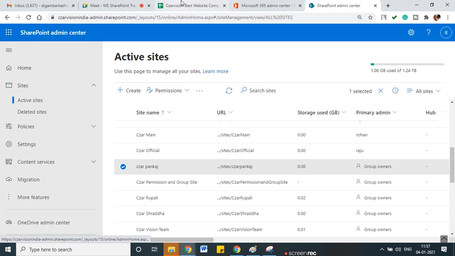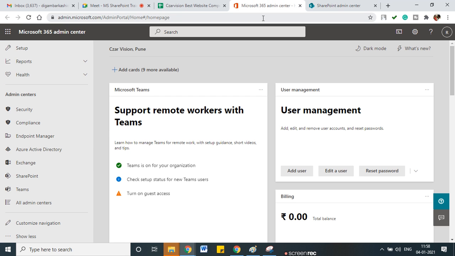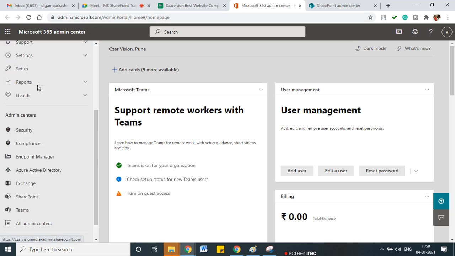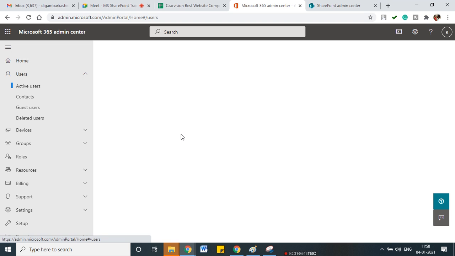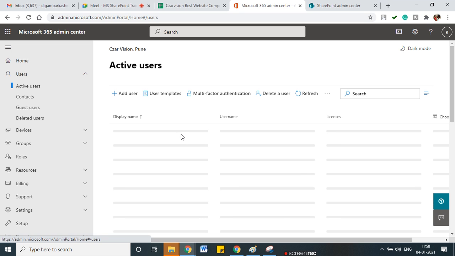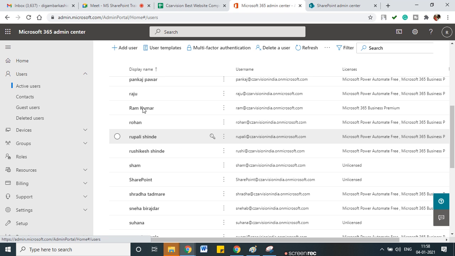Where can I see the global admin? If you go to the Office 365 admin center, here we can see the user section, and we can check the active users. In active users, we can check the role of Raju. I click on Raju, and we find that